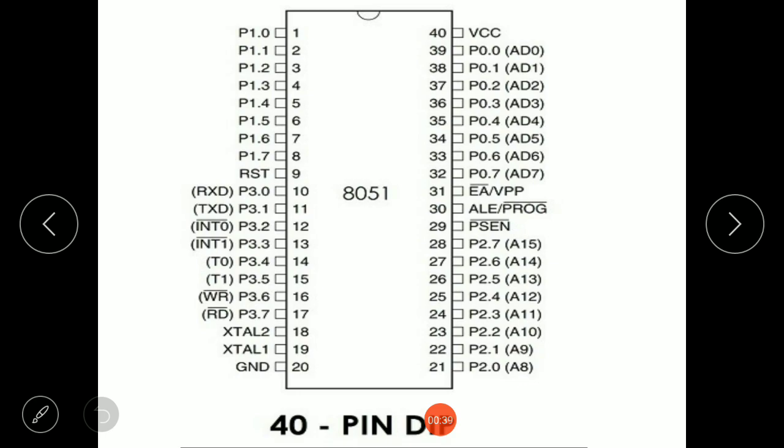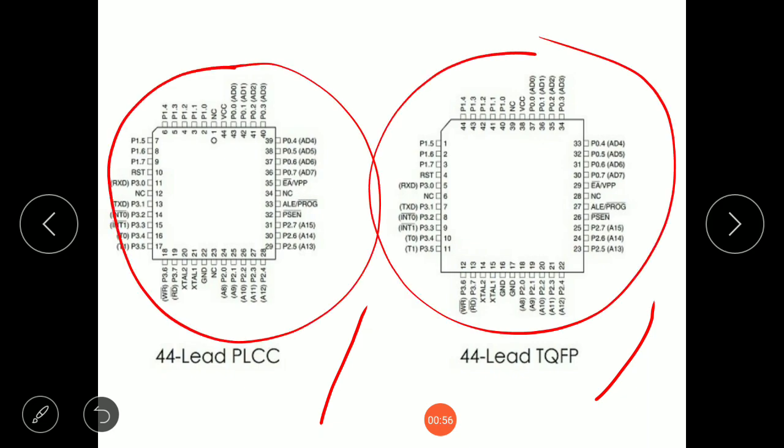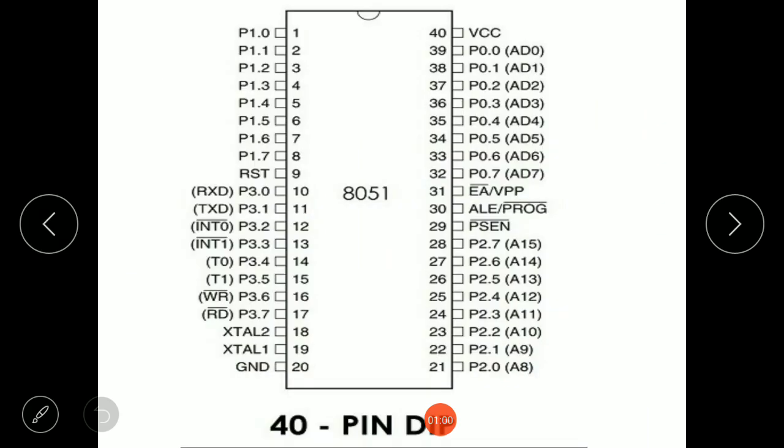This is the 40 pin dual inline package and this is the 44 lead PLCC. This is the 44 lead TQFP. I have already discussed this in my previous lecture. Now, if you compare all these IC packages, the 44 lead PLCC, the 44 lead TQFP and the 40 pin dual inline package, you will notice that